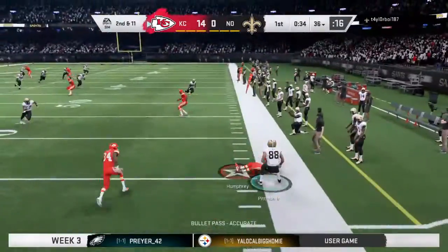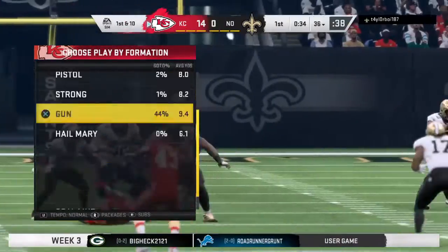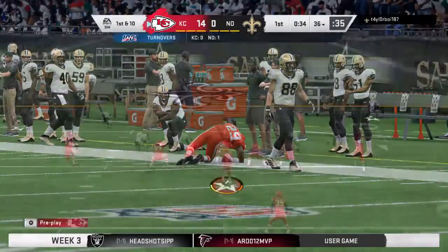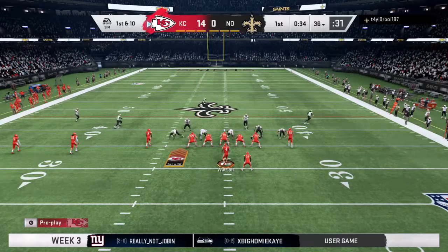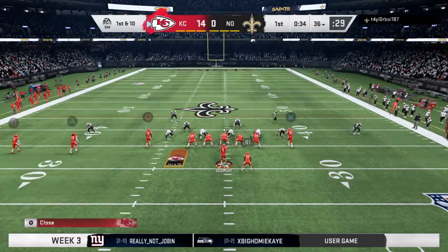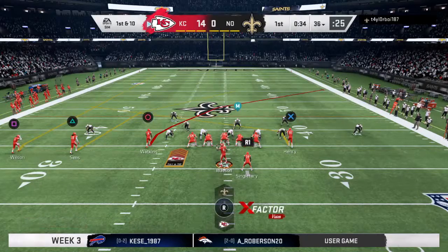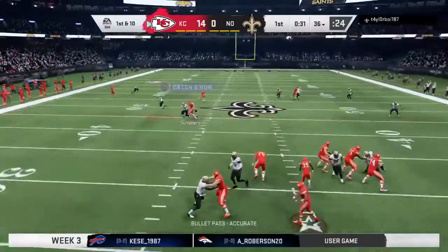And he fires one that's intercepted. Picked off by Marlon Humphrey. Unfortunately for him, if last week was any indication, we knew a pick was coming at some point. Last week it was interception after interception, and here we go again. We actually quit counting last week at a certain point because I thought I was going to run out of fingers, all right, because I'm not all that skilled as a mathematician. But you're right. It felt like a matter of time, and you got to think the guys on...